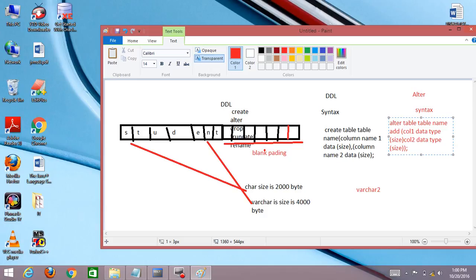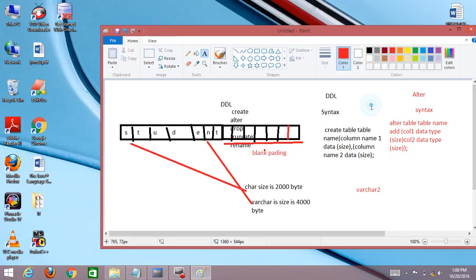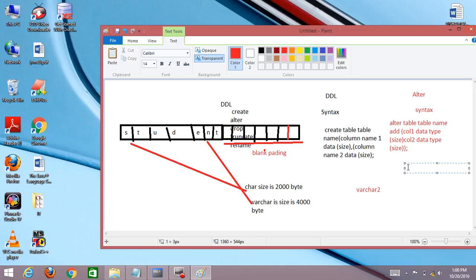This is the syntax for ALTER. I will describe it in more detail later.